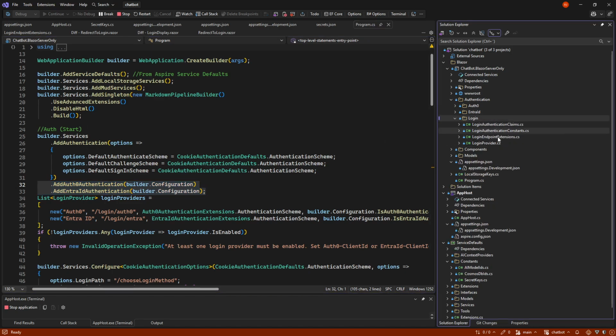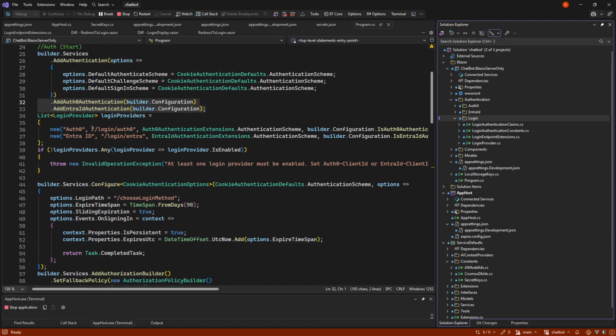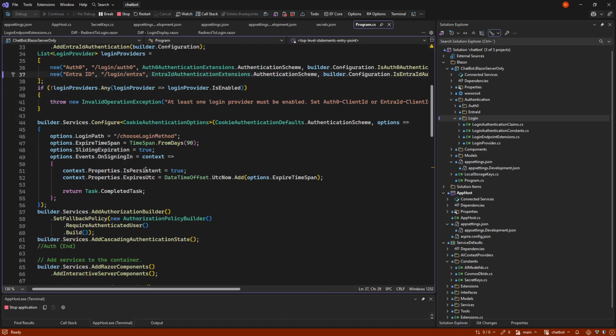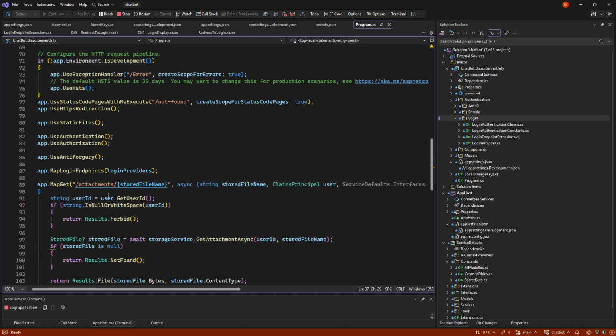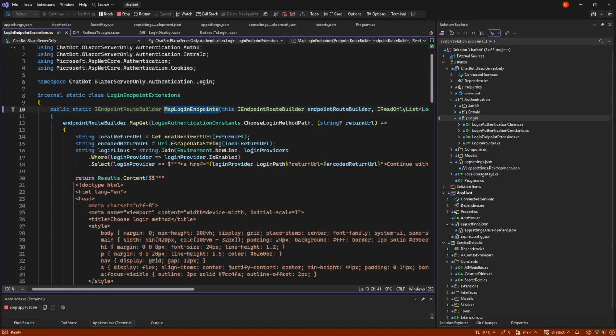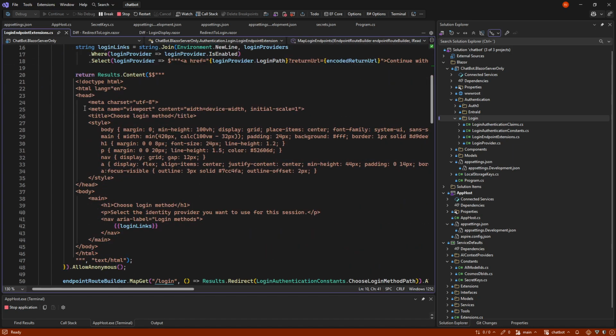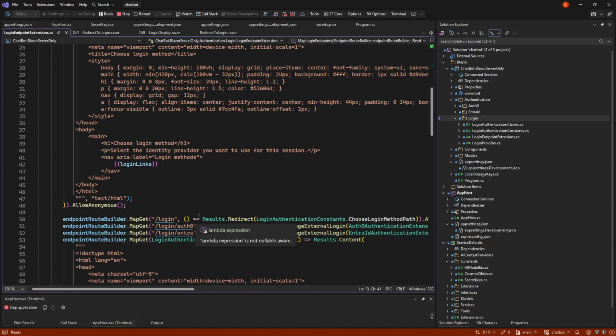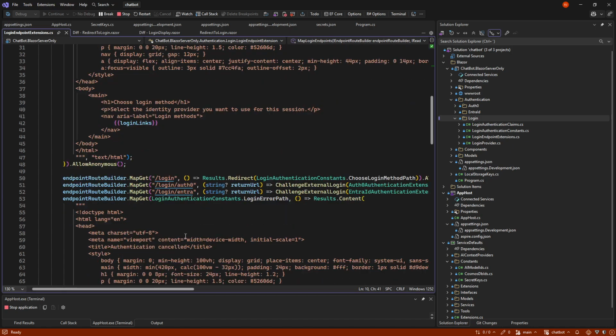And this is the shared bits where we generate the little screen about being logged in with one or the other. So they either have a login from Auth0 or login from Entra, and there's a few endpoints that need to be set up, and here we have the screen where we can choose our provider.